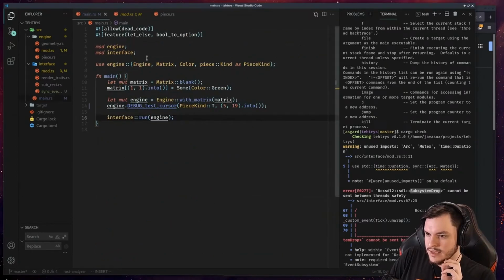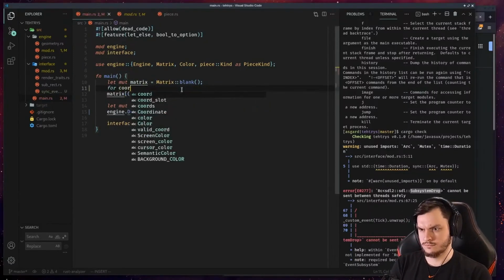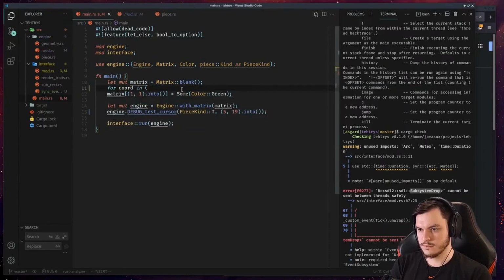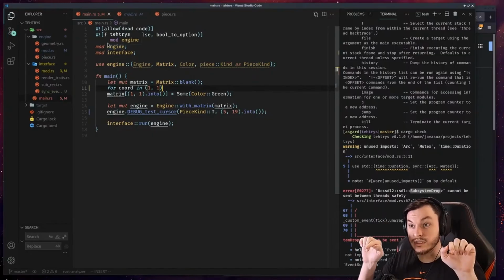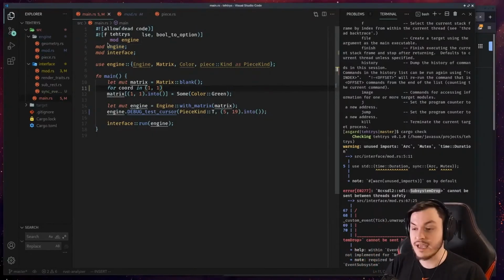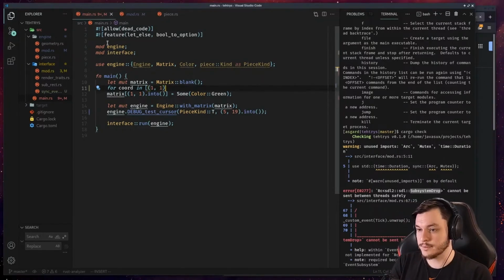and I can set up a scenario in which case it would clear a line so that we can try it out without actually having a timer. So here we're going to record in, and then I just make an array because arrays implement into iterator now. So that'll just go. It's going to be